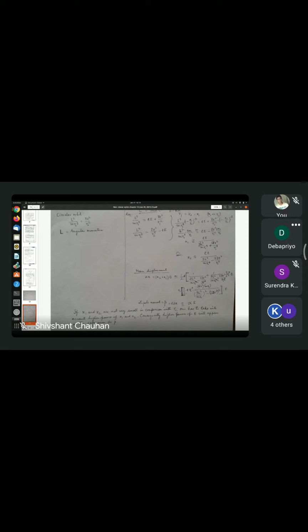However, if x1 and x2 are not too small compared to R0, you have to make a full expansion of the quantities 1 minus x1 by r0 to the minus 3 and so on, and you will have terms proportional to x1 square, x1 cube, etc. Similarly, you will have terms proportional to x2 square, x2 cube, etc. for the ap position, and then because of the presence of x1 square and x1 cube, etc., the polarization or the induced dipole moment will not be a linear function of E, but there would be other terms proportional to E square, E cube, etc.